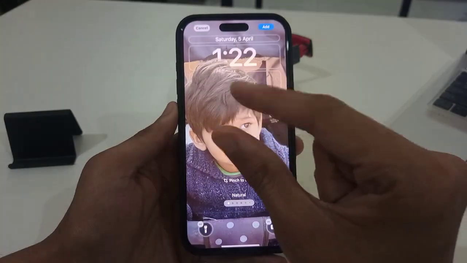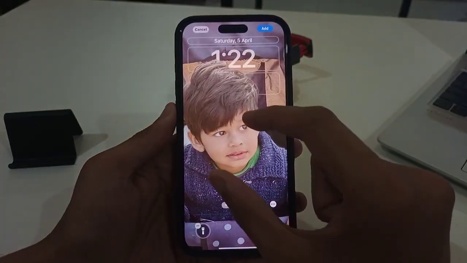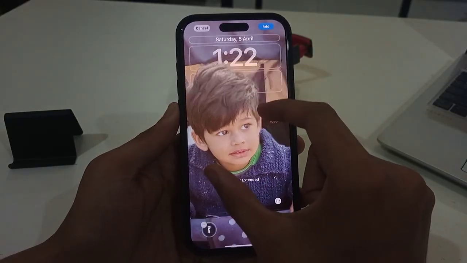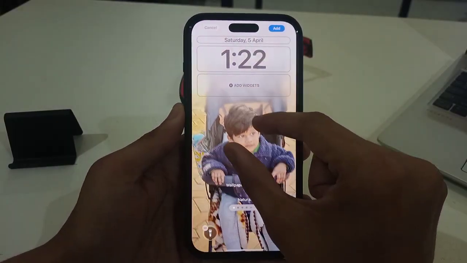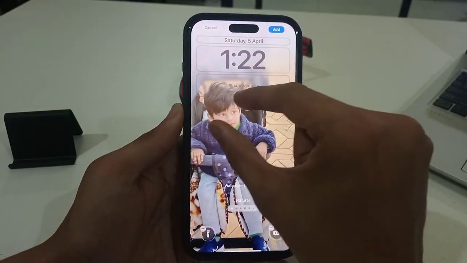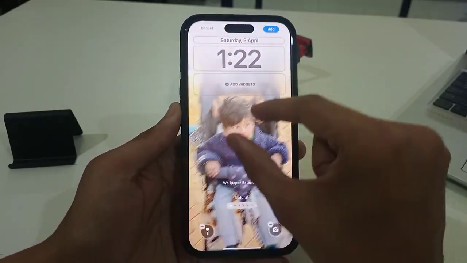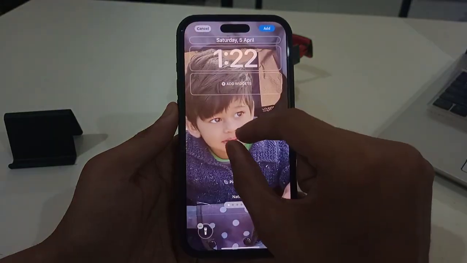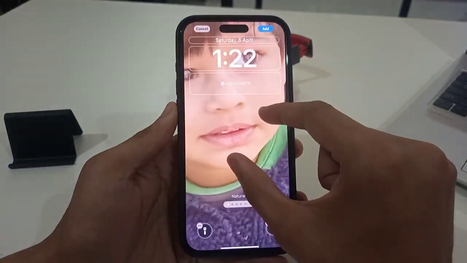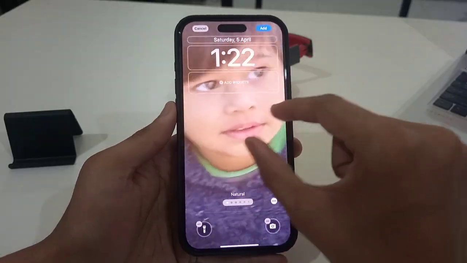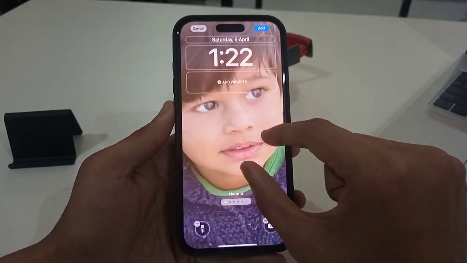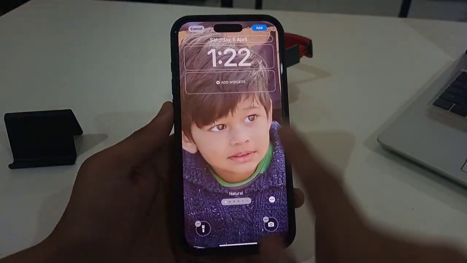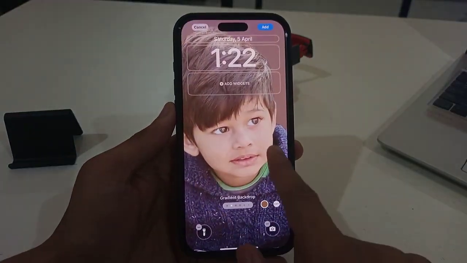You need to use your two fingers to see how you want to adjust your photo on your wallpaper. By doing this, you can actually reduce or zoom out the photo, and I'm just moving my hand to show you how you can actually adjust your photo. And like this, by actually expanding your image, it is actually zooming in, and moving it around, you can actually adjust it like this. Just like this, you can actually set your home screen or photo, and by doing this